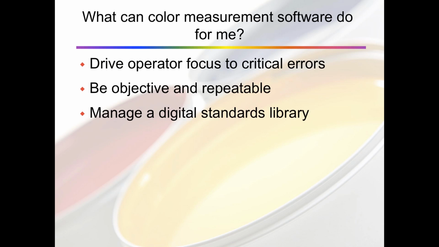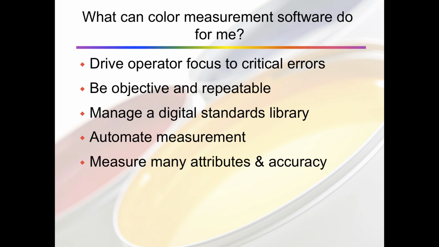Now this color measurement software is also going to automate measurement by showing you many different measurements at one time and your accuracy to all the different attributes that you need. So showing all these different attributes and your accuracy to them, again, helps identify where you should be spending your time in making your corrections. It could be that your solid patches for density and color have been right on for a long time, but maybe if you weren't paying as much attention to the dot gain behavior, now maybe that needed some more immediate attention.